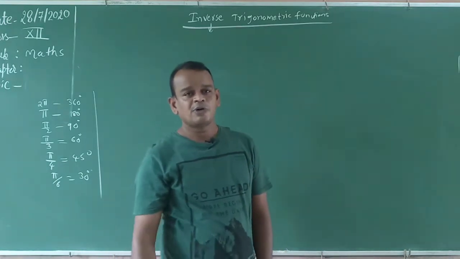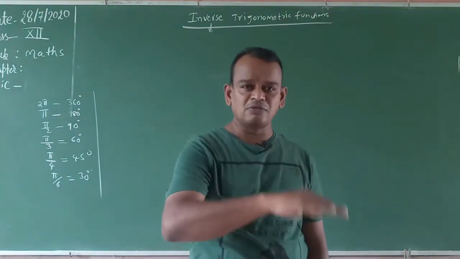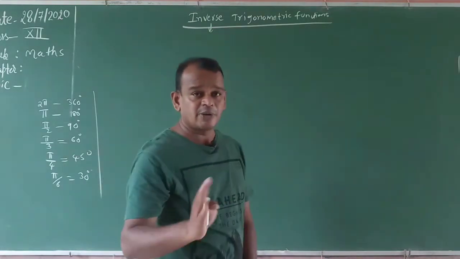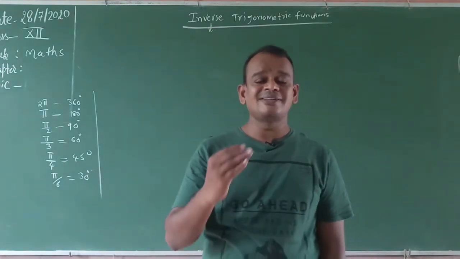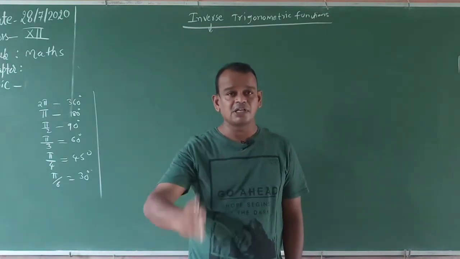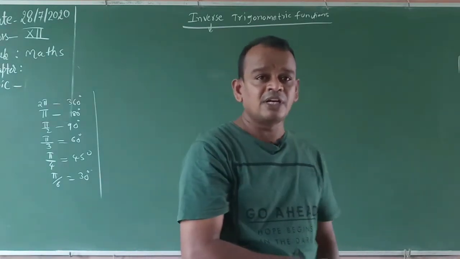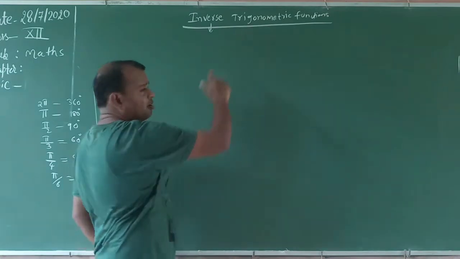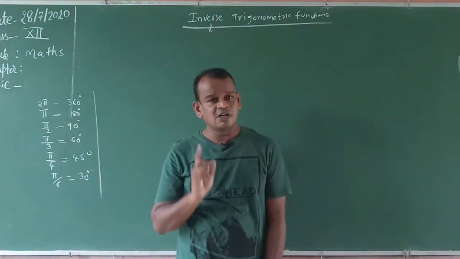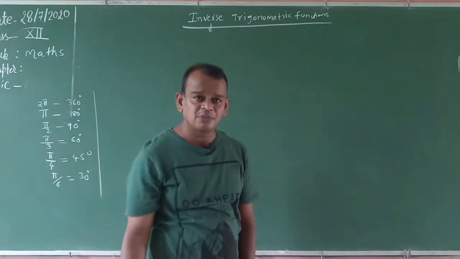Next, onto. What is the meaning of onto? Codomain is equal to range. When the function is both one-one and onto, then the function is said to be a bijective function. When the function is bijective, 100% it is an invertible function. If the function is invertible, that function must and should be bijective. Bijective means one-one onto. Is it possible that every trigonometric function is invertible?